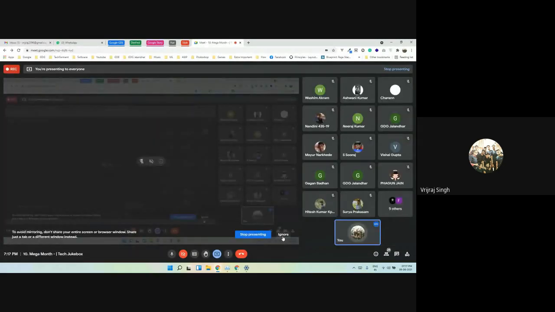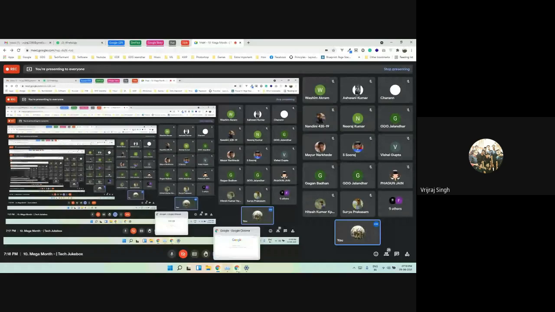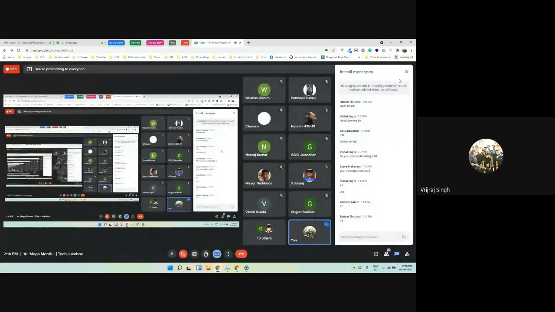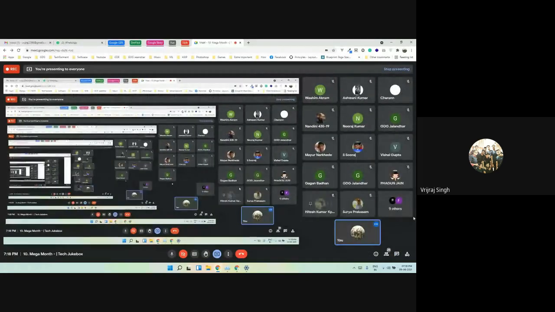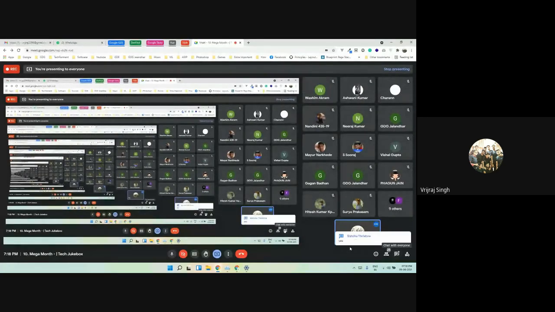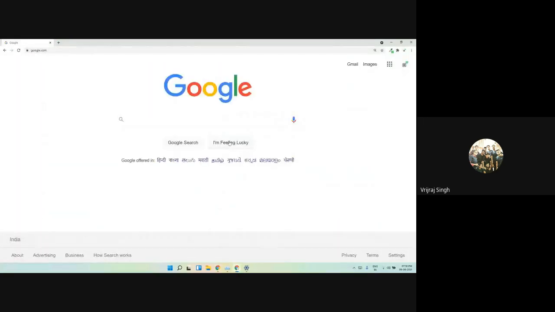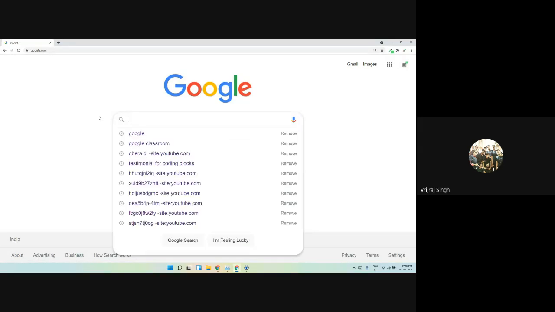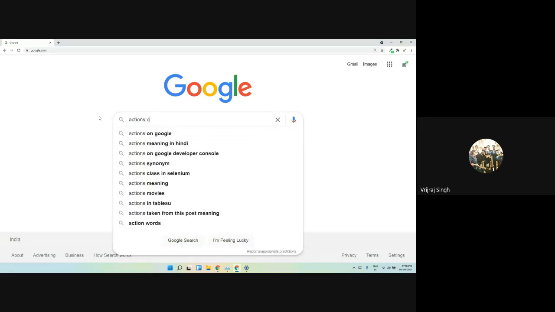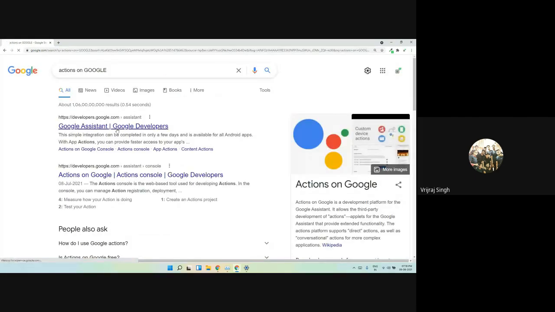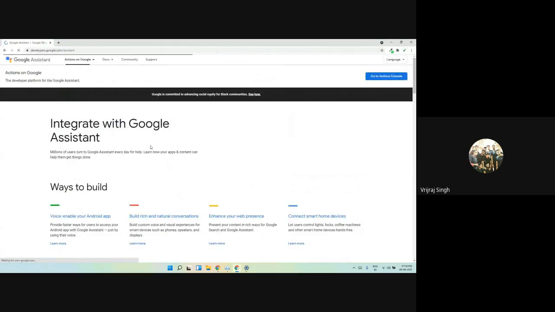Okay, I hope my screen is visible to you all. Is it visible? Yeah. So I have opened my Google search, and here you just need to type Actions on Google. So I'll type Actions on Google. This is a platform where you can create actions for your Google Assistant. So I'll click on this platform. This is a website,